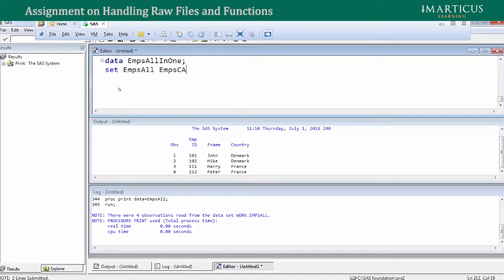But it seems in EMPS Canada we have a variable that does not match with my previous two datasets' third variable, that is country. But the kind of values that it contains is the same. In country also I had the country name, and in region also I have the country name. But because the variable names do not match, the output dataset will have two different variables, country and region, which will contain similar values. So if I say run,